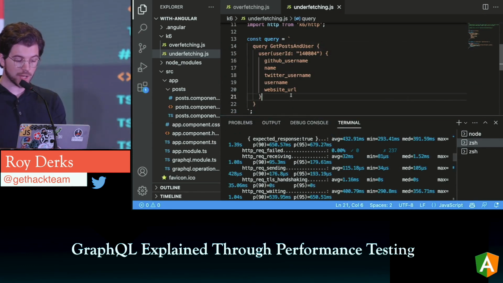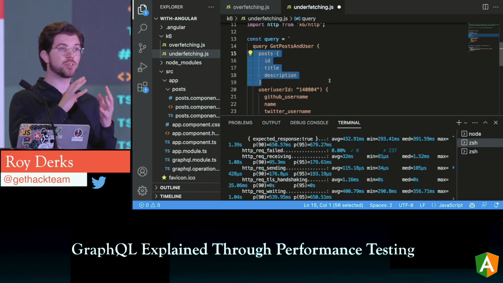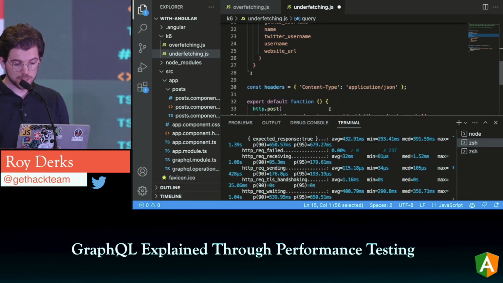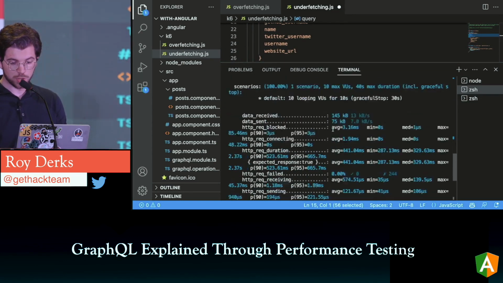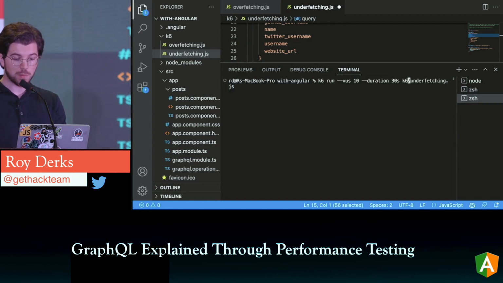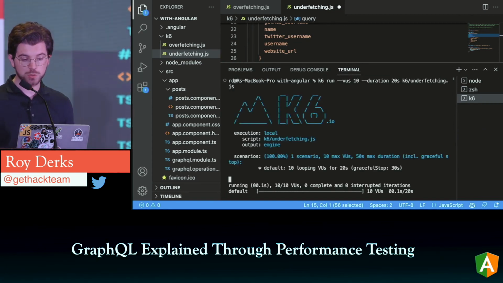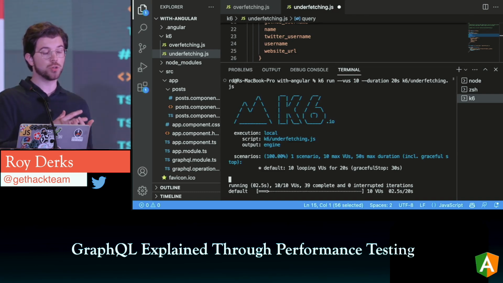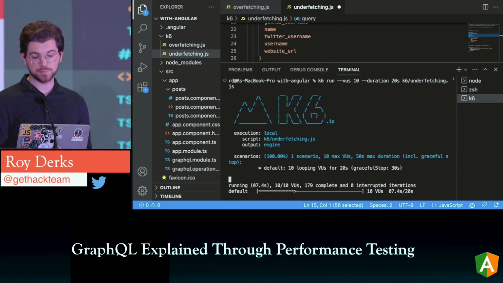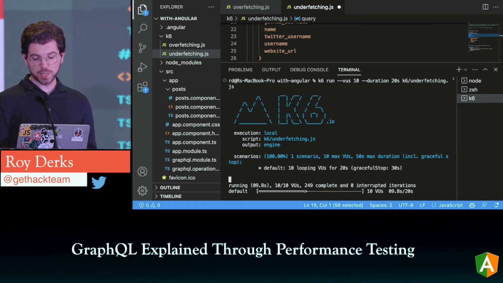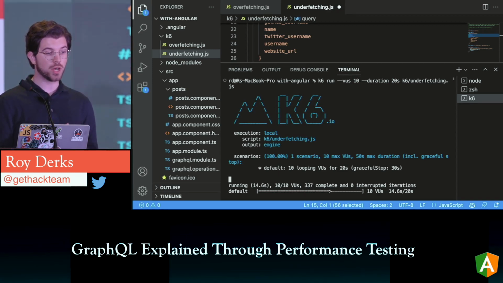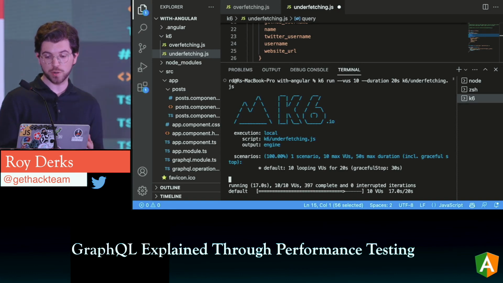And let's combine them again, which GraphQL does. So with GraphQL, you would be able to get both the posts and the users in one single request. So instead of 10 seconds, we will be running this for 20 seconds, meaning that we would have the same amount of time, and we can see if we can do more requests with GraphQL. And actually also consume less data, because in the end what we want to do is consuming less data, as this is important. So the 20 seconds should be able to, I don't know, at least get the same amount of requests, or get pretty close. But most of all, we should be transferring less data.